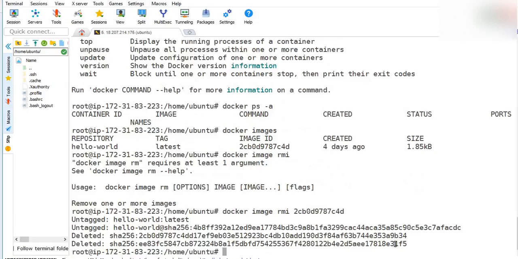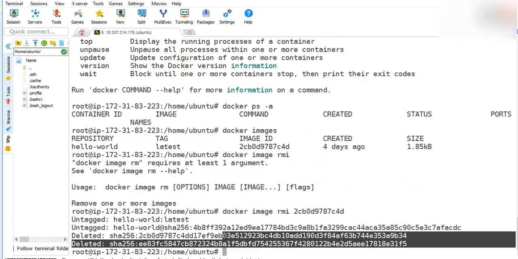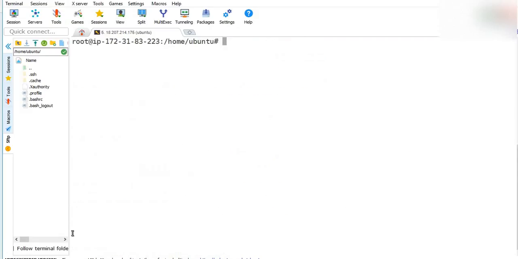Now you see, I told you about layers: how many are untagged? Two layers were created for this. I told you that an image works in layers. So layer one, layer two, layer three, based on that it's going to first pull, and then delete also if you want to delete. For now, my intention is to get the Tomcat application server up and running.